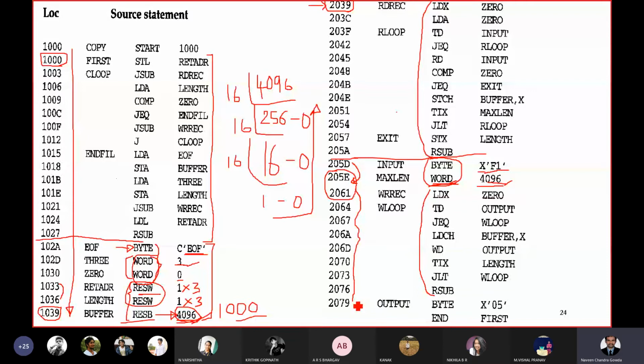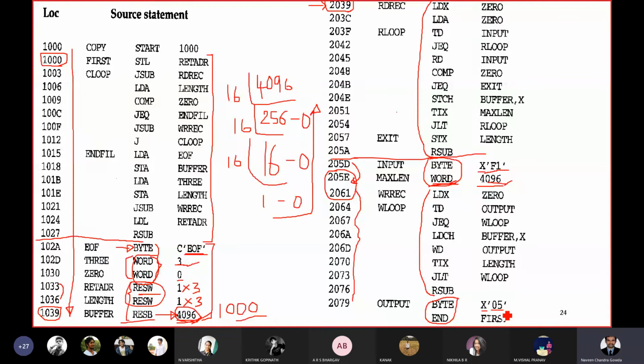When it comes to the assembly directive instructions, which are BYTE and END, again, what did you say in case of BYTE? First, you find out the length of the operand. Here, the operand has 2 values, which are 0 and 5. What data is that? It is hexadecimal. So, for 2 hexadecimal numbers, you require 1 byte. I repeat, for 2 hexadecimal numbers, you require 1 byte. So what would be the next address? It is 2079 plus 1.